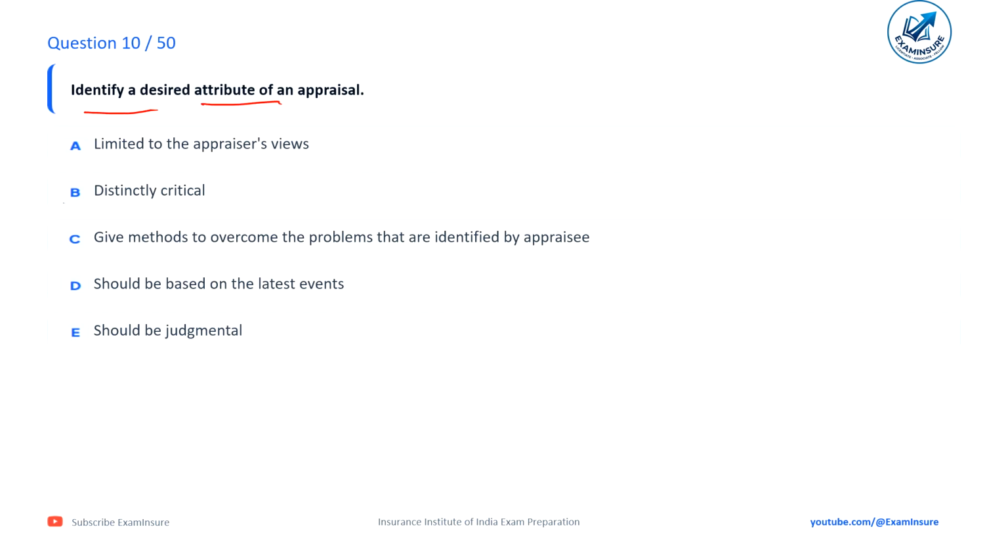Identify a desired attribute of an appraisal. First option is limited to the appraiser's view. Second option is distinctly critical. Third option is give methods to overcome the problems that are identified by the appraisee. Fourth option is should be based on the latest events. Fifth option is should be judgmental. So here the correct answer is the attribute of an appraisal is to give methods to overcome the problems